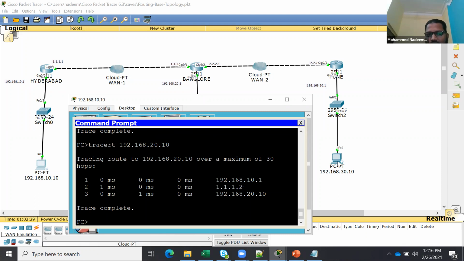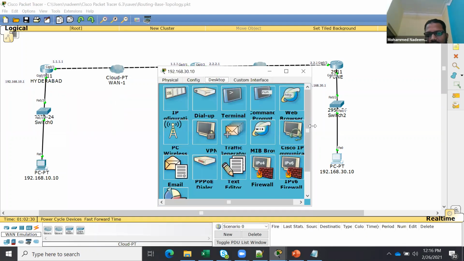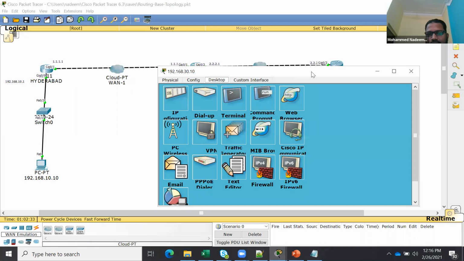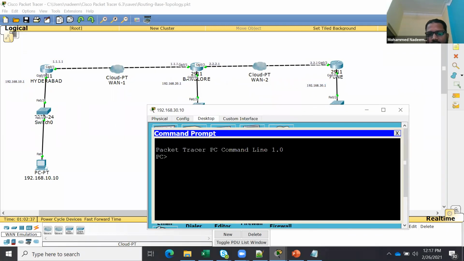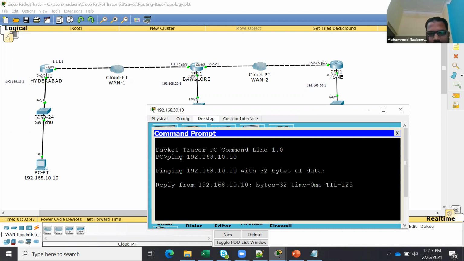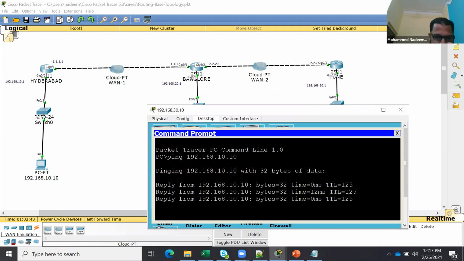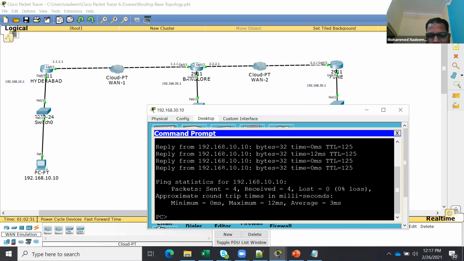Similarly, if I go to the Pune machine, ping 192.168.10.10. I'm able to ping from Pune to Hyderabad. Trace 192.168.10.10.